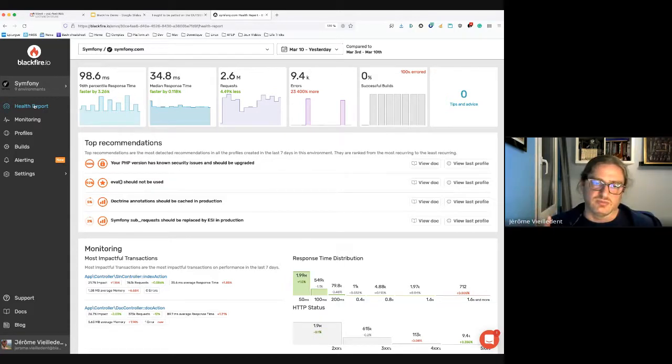Because the Blackfire monitoring will use the profiler itself to give you more insight. You won't have anything to do to get the profiles on the key transactions of your application, giving you real insights, right? That are really critical, because it gives you vision on what's happening live.